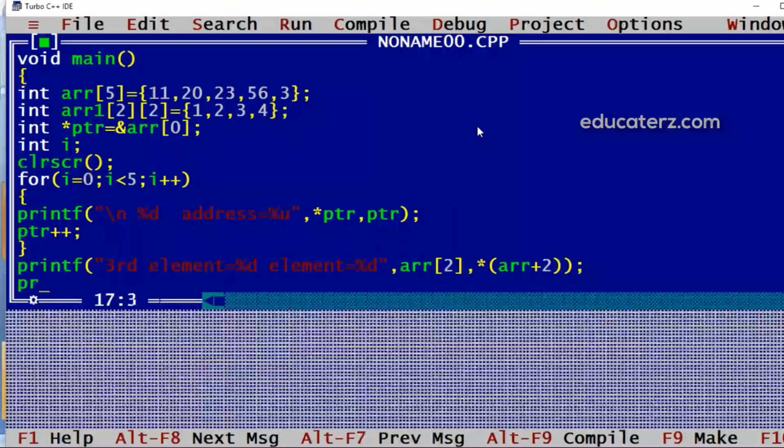Now if I want to display the fourth element, that is the second row and second column, so we can have